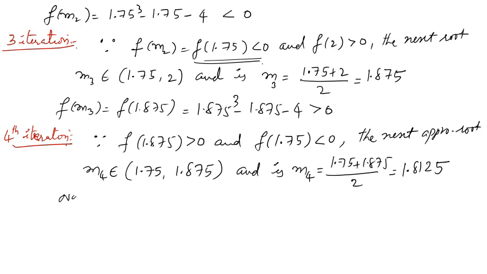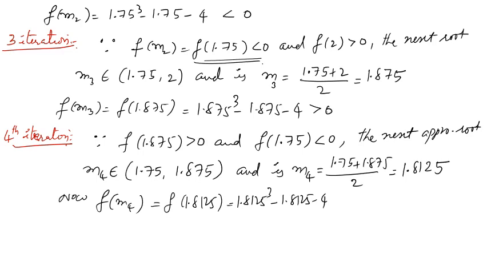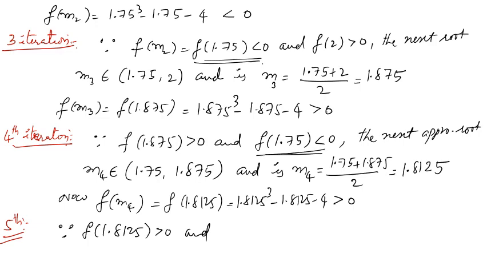Now calculate the f of m4 value, that is f of 1.8125, that is 1.8125 cube minus 1.8125 minus 4. This value is positive. So fifth iteration, since f of 1.8125 is positive, and in the fourth iteration 1.75 is negative,